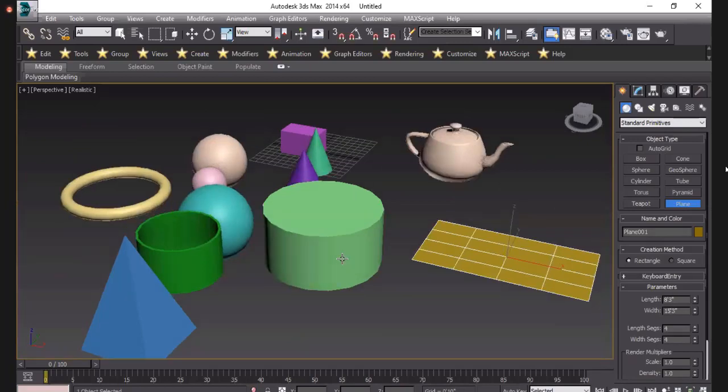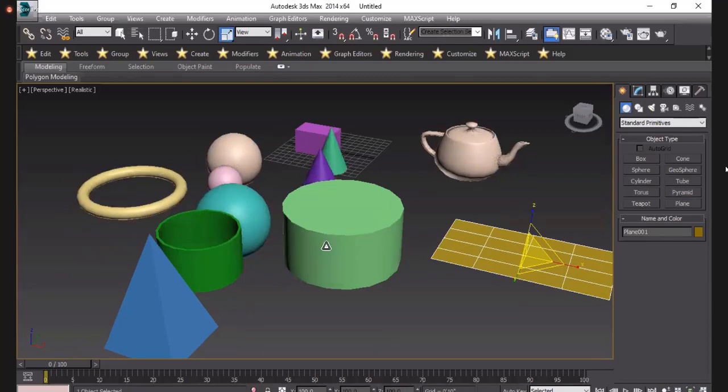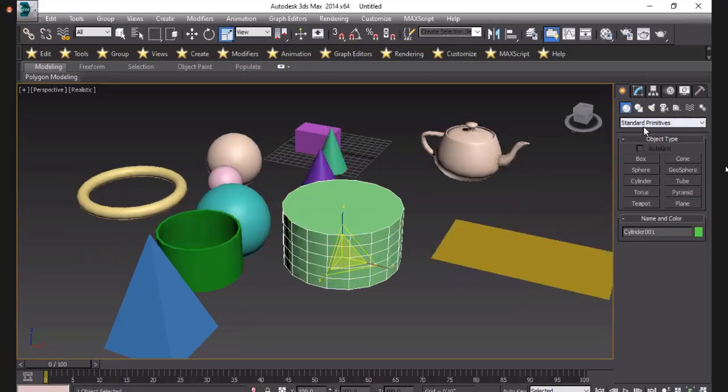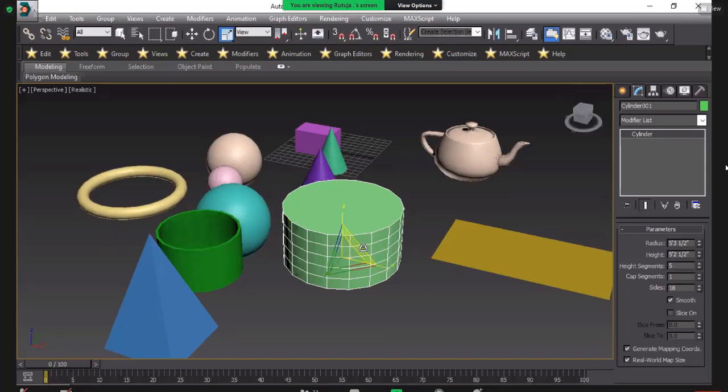If you want to select it, just go and select the object and go in modify. If you go in modify, the screen of your command panel will be changed. This object is a cylinder.